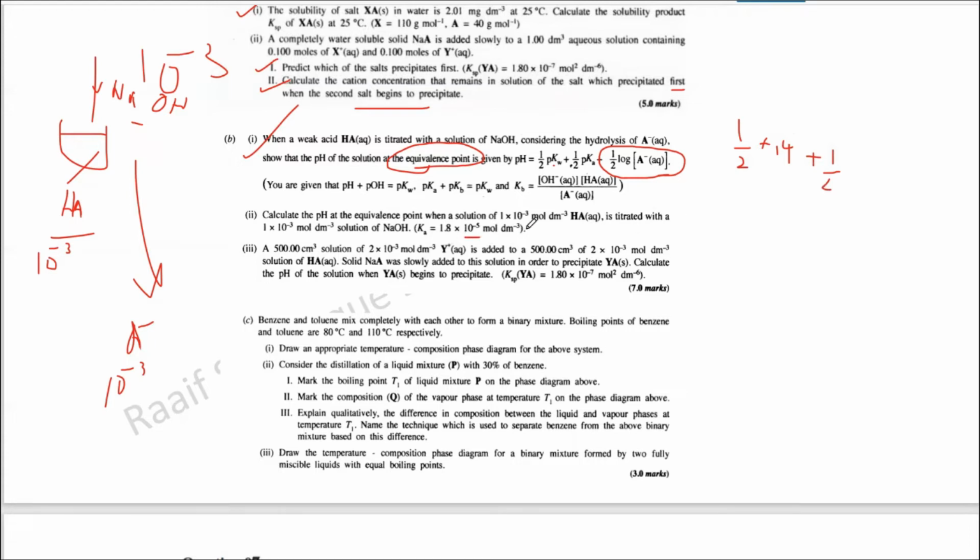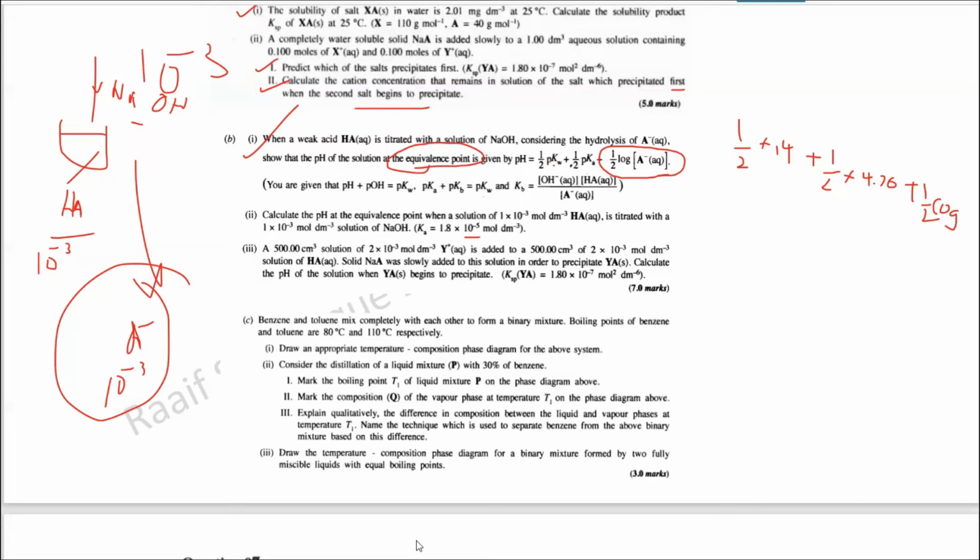So basically, if you find pKa, it will be around 4.76. So you know 4.76 now here. And there is the final one, which is plus half into log A minus concentration. To find A minus concentration, this detail is given. Okay, so you can put here 10 to the power minus 3,